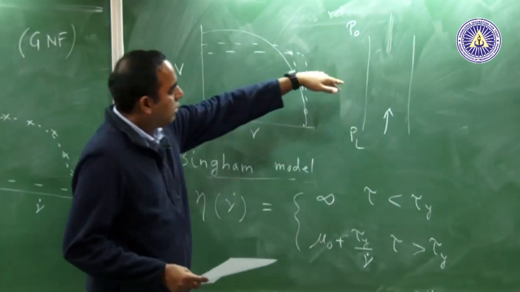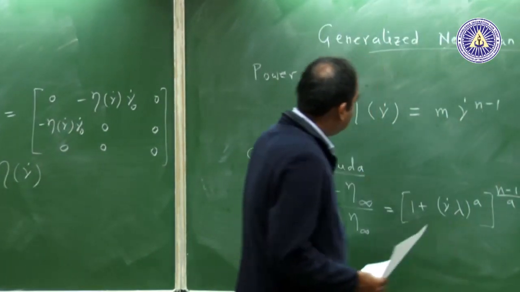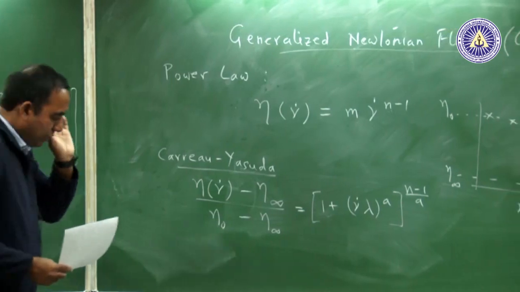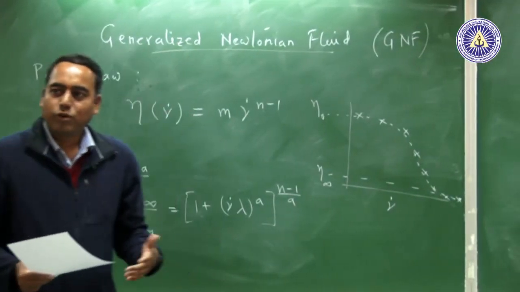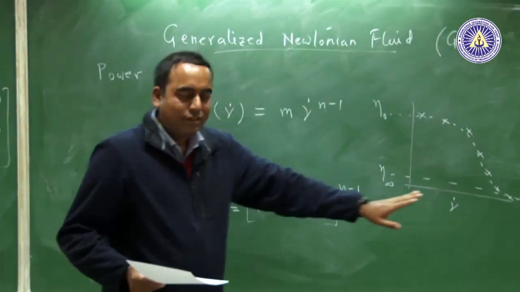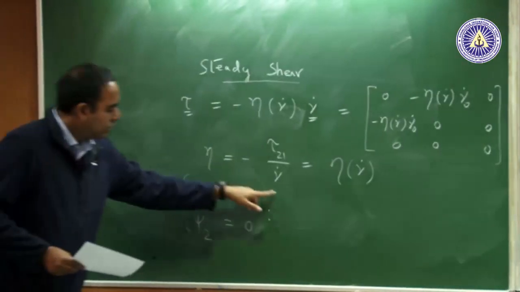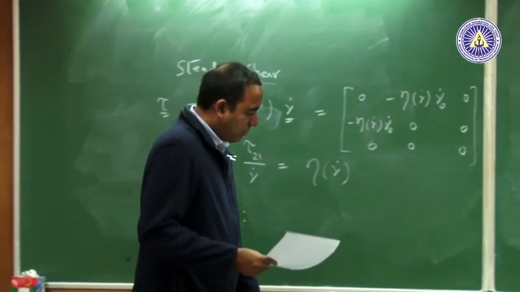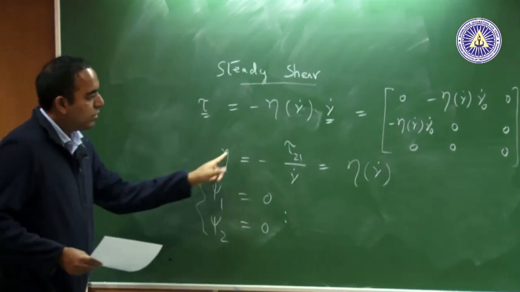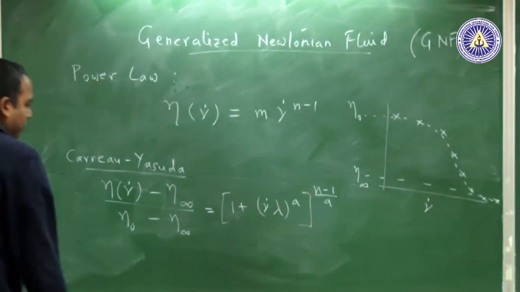You will get a plug flow region, and then you will have the normal Newtonian region. Similarly for other geometries, but then the limitations are even greater, in the sense that since all of these are driven by the data coming from steady shear, for other types of flows like elongational flows and all that, the predictions are awful, they do not match at all. And plus you will notice that I have a problem in the material function, because the elastic effects are not shown by the generalized Newtonian fluids. Of course, the viscosity function is captured well, because we have put it that way. The other problem of course is